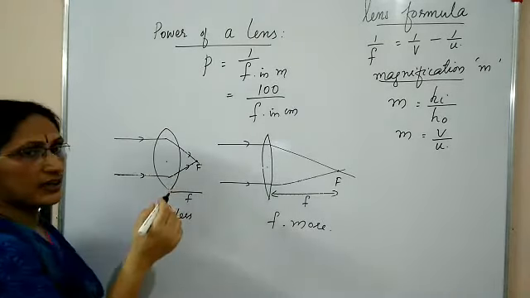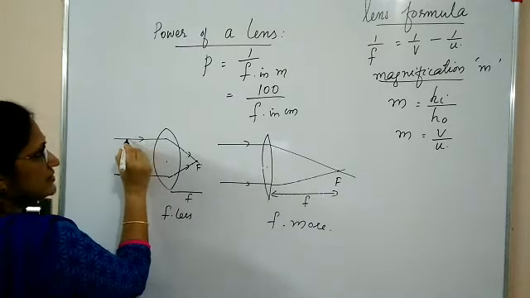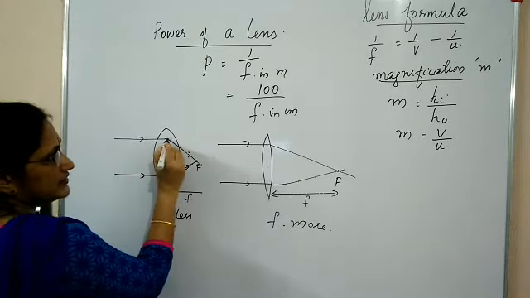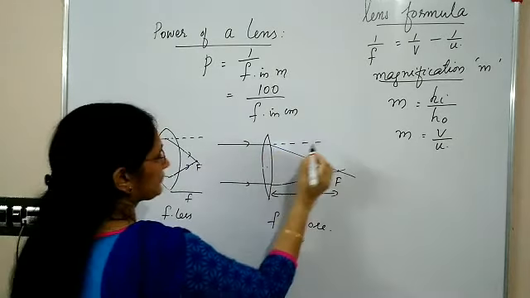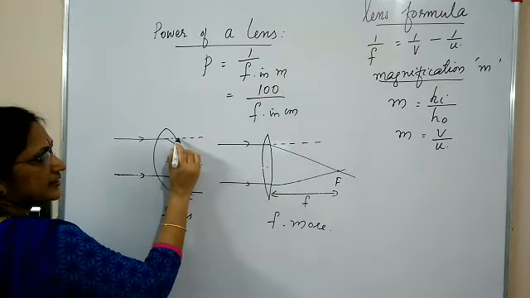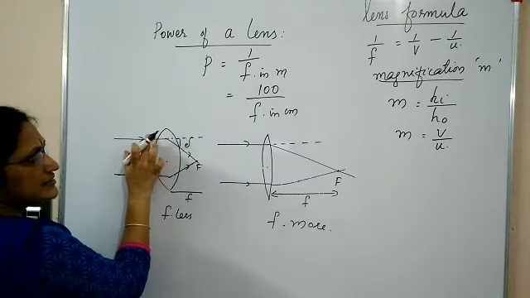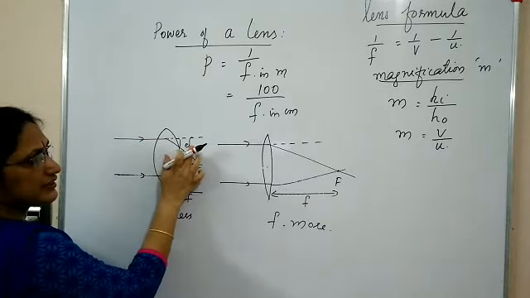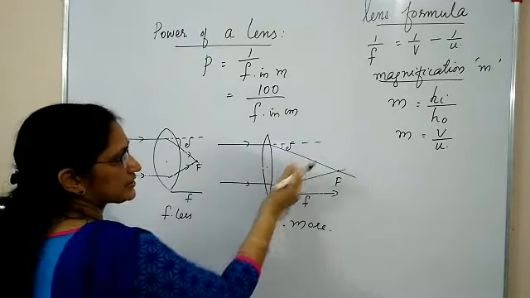Now let us see how far the rays get deviated by these two lenses. This is the incident ray. You extend the incident ray here. This incident ray also you extend. And see here, this thick lens deviates the light ray through this much angle. The angle between the incident ray and emergent ray is the angle of deviation.